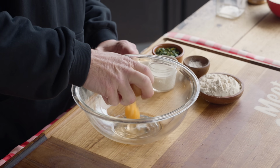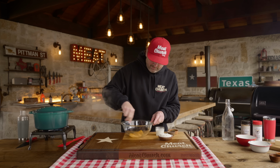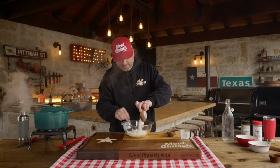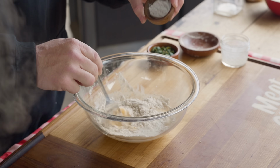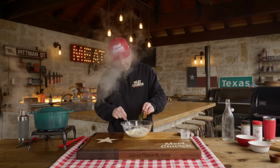So, 1 egg, whisk it or mix it up. I use a fork more times than a whisk, personally. A little bit of milk, flour, and the key, a little baking powder. All right, once you start to get it mixed up, I've diced up a little bit of fresh parsley, and